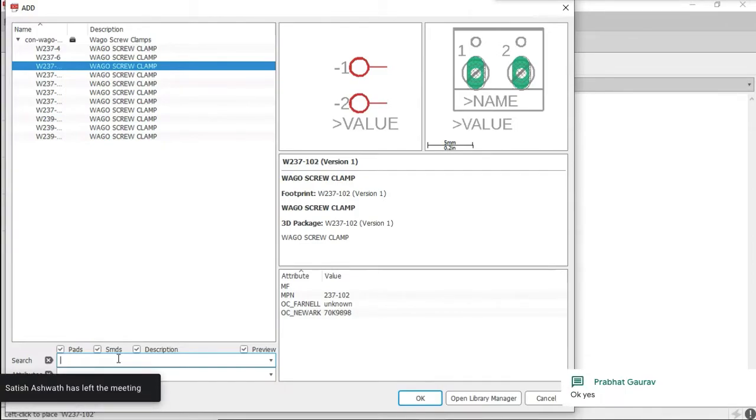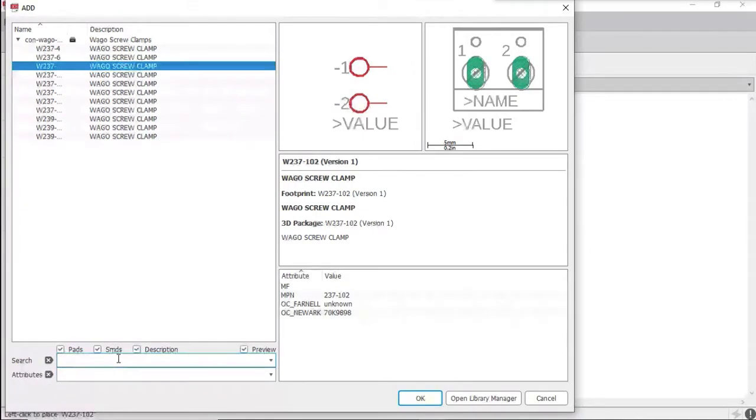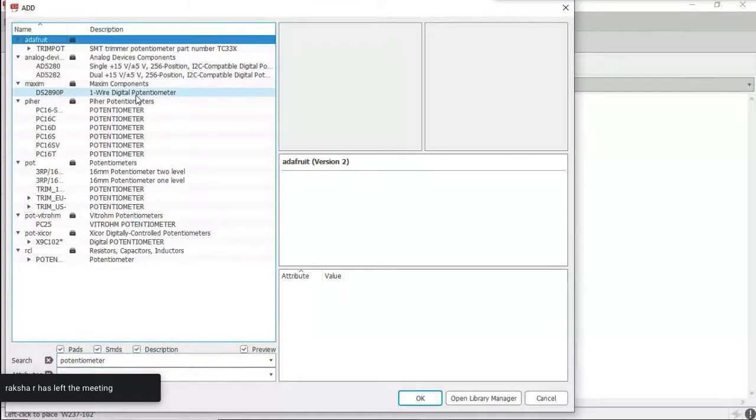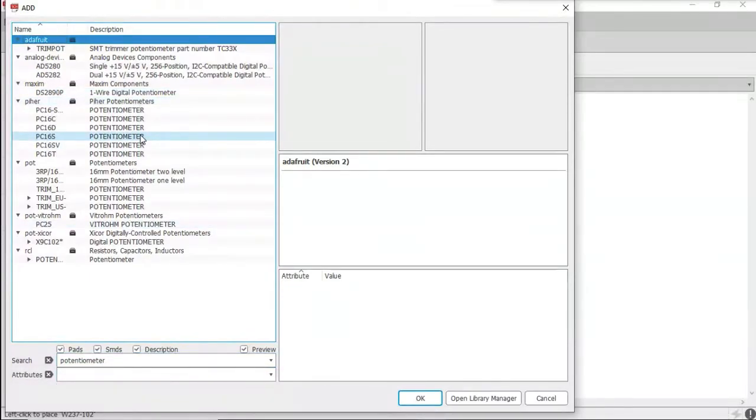Okay, after adding the screw, you need a potentiometer to connect it to the input terminal. So just type potentiometer. After typing potentiometer in the search bar, click enter. You will see various types of potentiometer available.